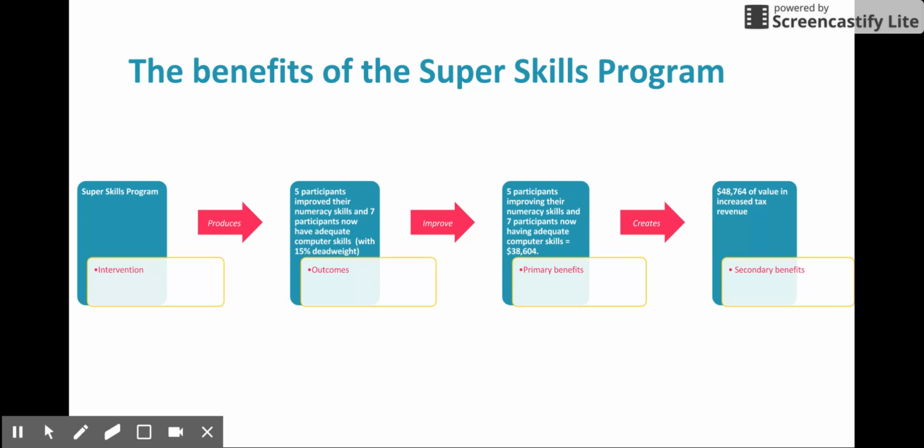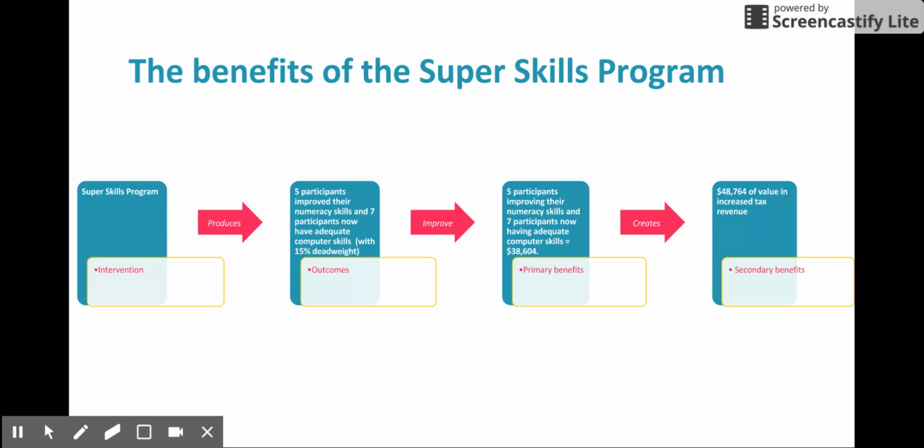So Linda finds out that out of 100 people who completed the course, 5 participants have improved their numeracy skills and 7 participants gained adequate computer skills. She applies a dead weight rate of 15% to this value to take into account alternative explanations for the improved skills. According to the wellbeing methodology, 5 participants improving their numeracy skills and 7 participants now having adequate computer skills have a combined value of